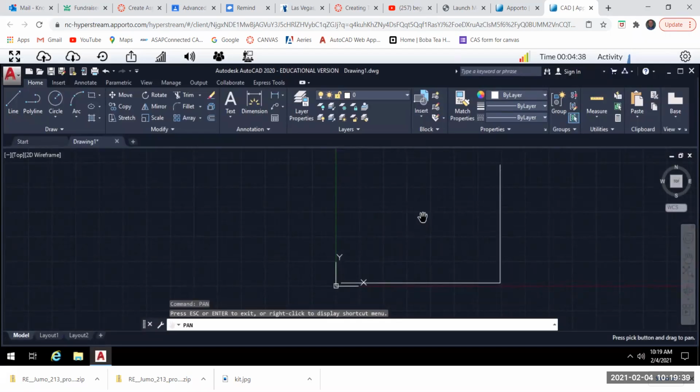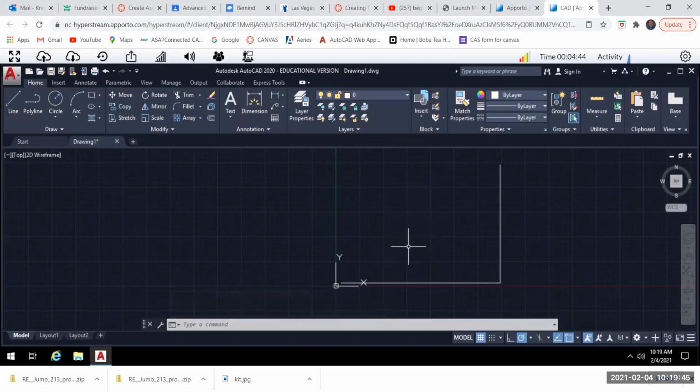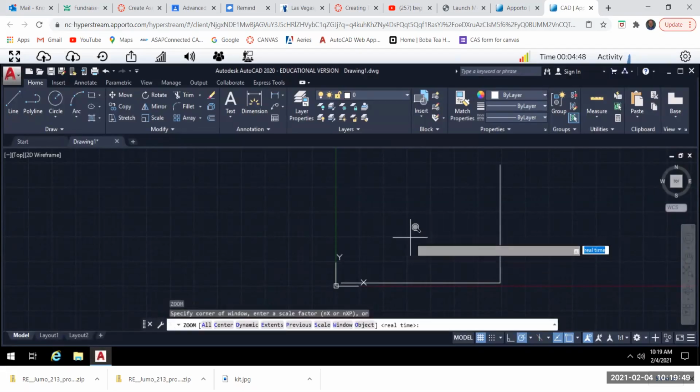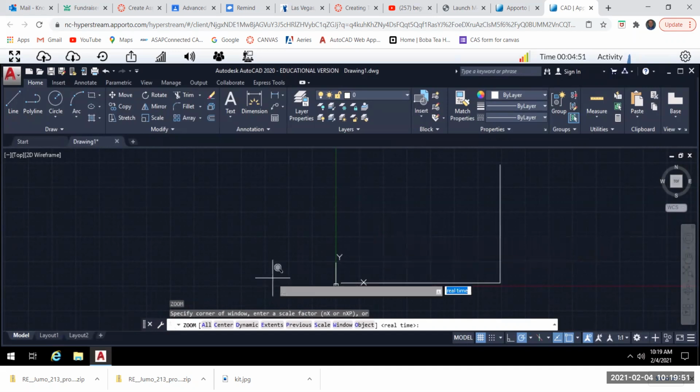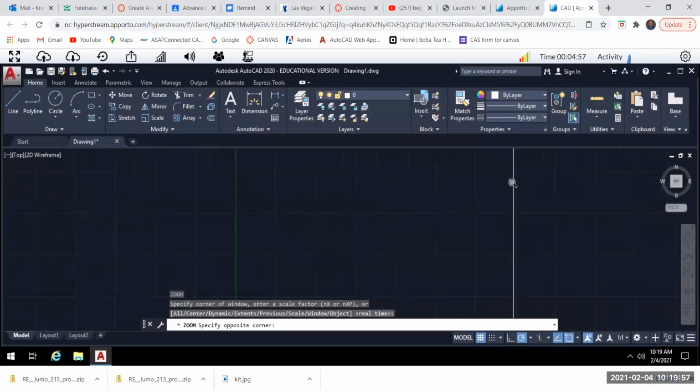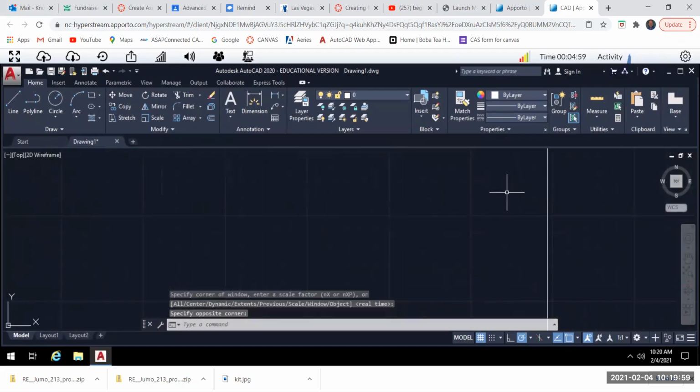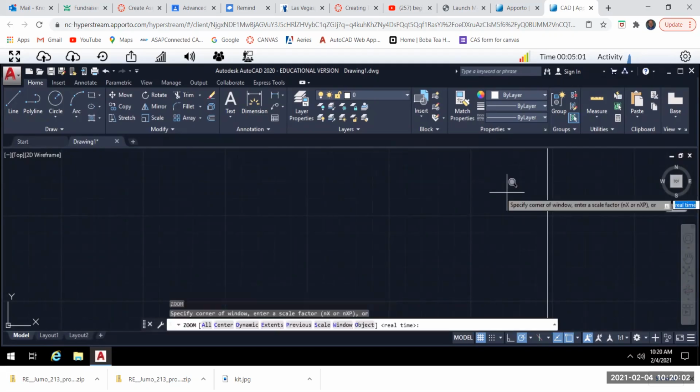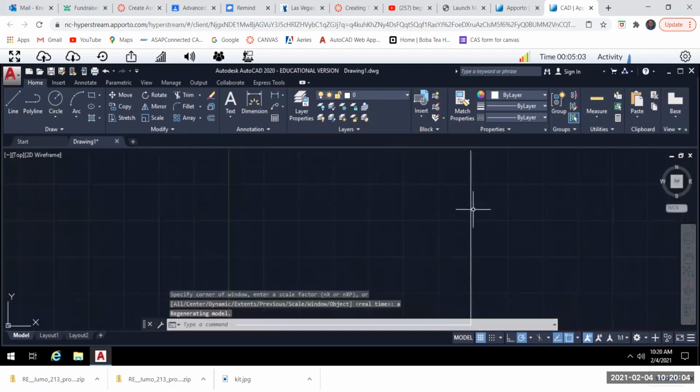Then just hit escape, which will break you out of pan. If you're using your touchpad for zoom, just type Z enter. If you make a window, you can zoom in on it. What I typically do is go Z enter, A enter, and that gives me